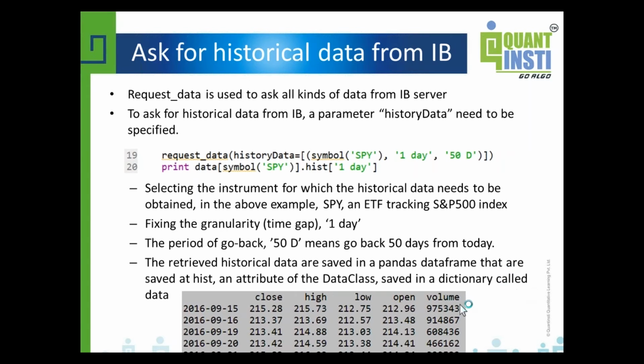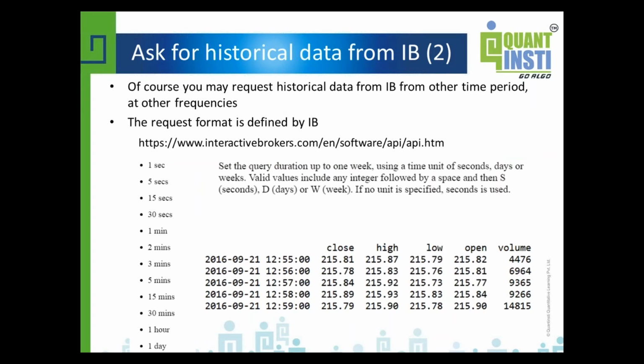The next part is about requesting historical data from IB for other time periods at other frequencies. If you go to the IB website, to this page, interactivebrokers.com software API HTML, you will see the format, how you can specify your request of historical data.